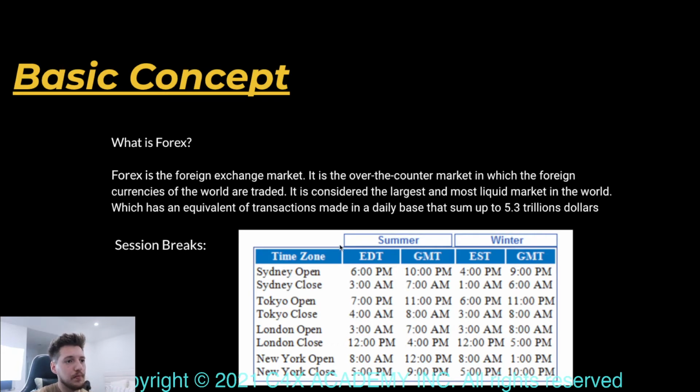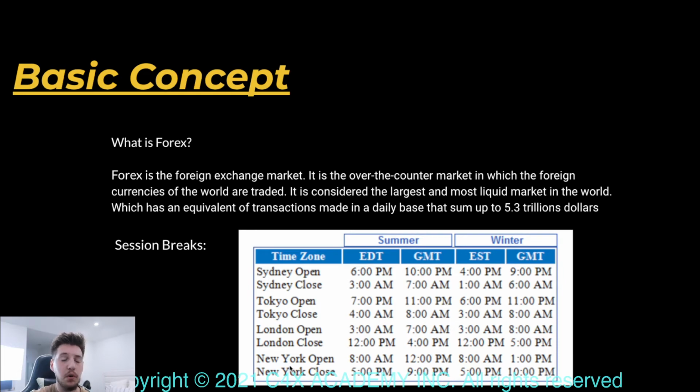Okay, so with this being said, I personally like to trade the New York session. Why do I like to trade New York session? I'm on the Pacific side, so I have PST. I have to be paying attention to EST. If I want to be trading New York session, the open of New York session is at 8 a.m. EST, Eastern Standard Time. For me, that's 5 a.m. So I wake up early, I trade, and I'm done trading. The end of that New York session is at 5 p.m. Now, that doesn't mean I'm trading all day from 8 a.m. to 5 p.m. I'm simply starting to trade at around 8 a.m. Eastern Standard Time. You can choose what session break you would like to trade, whether it's New York, London, Tokyo, or Sydney.